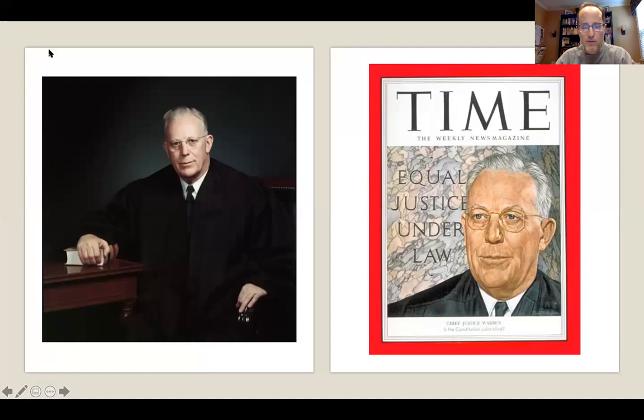He endorsed internment there, and then he ran as vice president with Thomas Dewey in 1948, although they did not win. In 1952, he ran for the nomination of the Republican Party to be president. He lost that to Eisenhower, and Eisenhower decided that he would give him a kind of consolation prize and appoint him as Solicitor General, the man who would argue for the government before the Supreme Court. But just before he made that nomination, the Chief Justice of the Supreme Court, Fred Vinson, died, and Eisenhower chose to then give Warren the appointment to be Chief Justice of the US Supreme Court. That single act would change history.